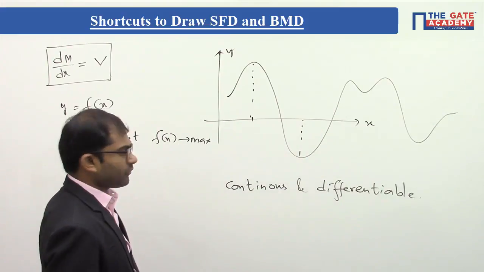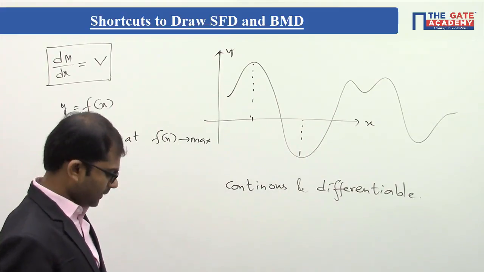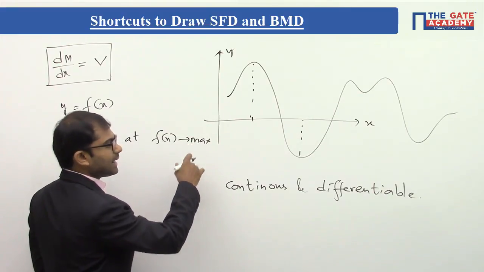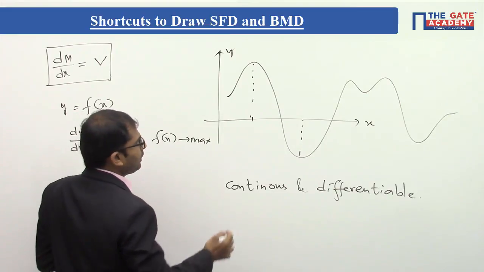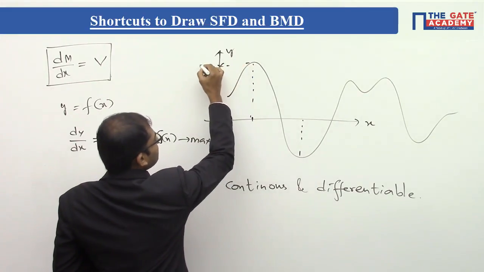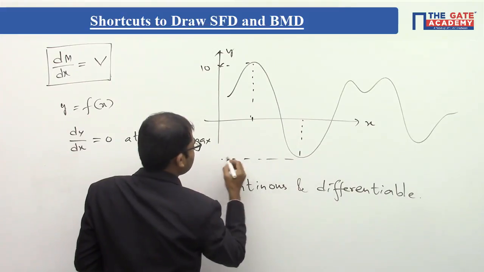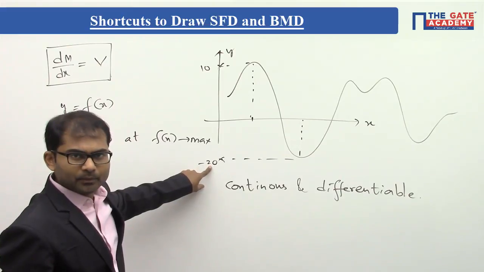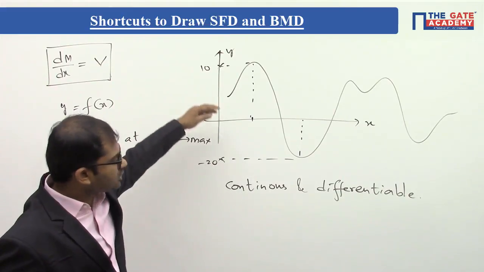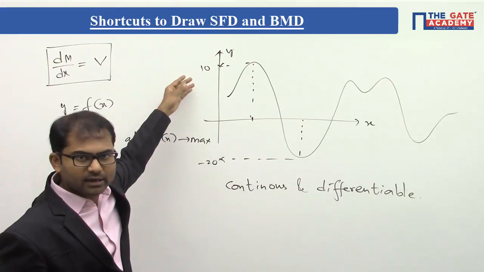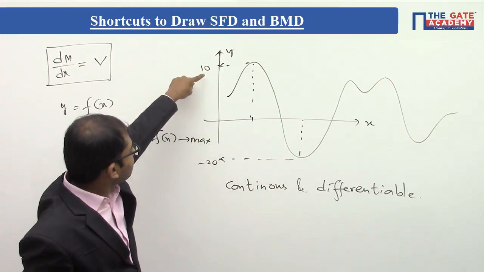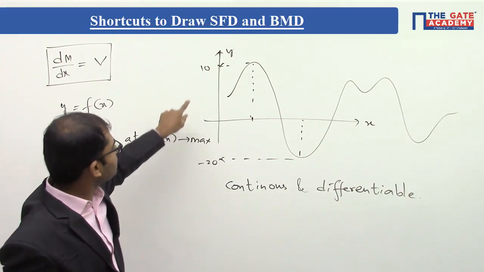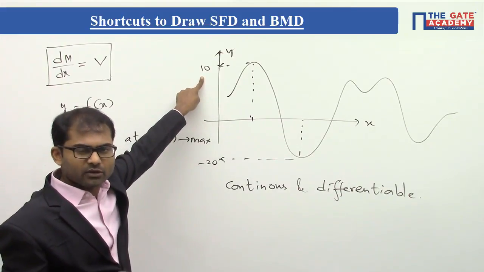Understand? And the other thing we have to keep in mind is that wherever we are deciding that f of x is maximum, we are deciding algebraically. For example, if this value is 10 and this value is minus 20, magnitude wise minus 20 may be higher, but in mathematics we take it in an algebraic sense, where positive values are higher and negative values are lesser. So we take 10 to be the highest value. Whatever we are deciding here, f of x is maximum, is this one. We have to keep this in mind.